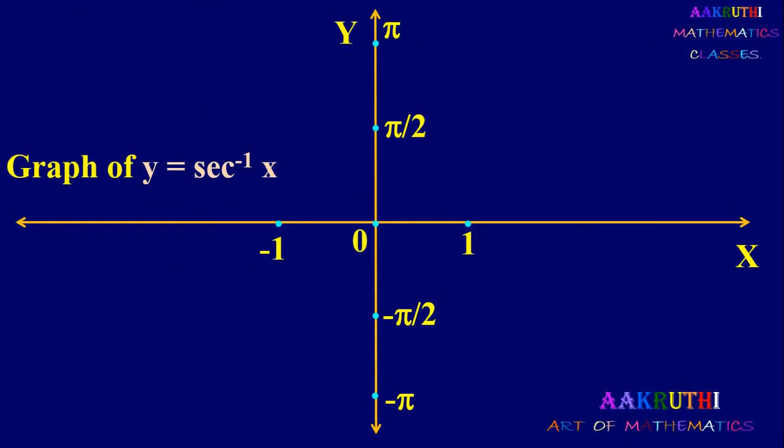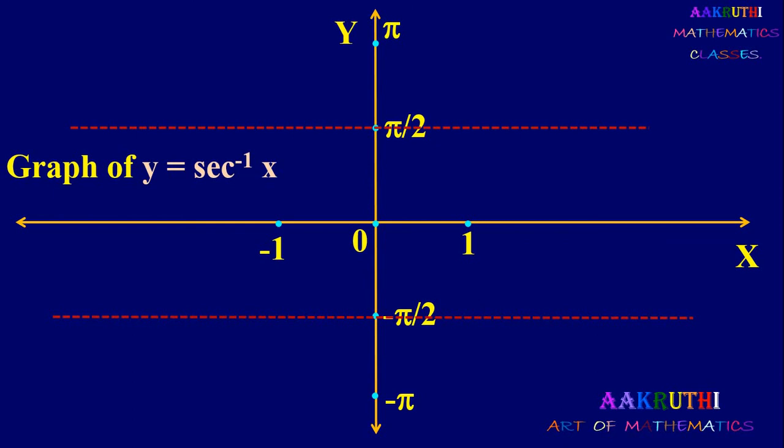So next it is graph of y equal to secant inverse x. We know that secant x is not defined at minus 90 and plus 90. So we draw parallel lines at minus 90 degree and plus 90 degree. And we have secant inverse 1 is 0 degree. Secant inverse minus 1 is minus 180 degree or plus 180 degree. And we know that secant is positive in between minus 90 and plus 90, that is in fourth quadrant and first quadrant, and we draw graph like this. So it is graph of y equal to secant inverse x.